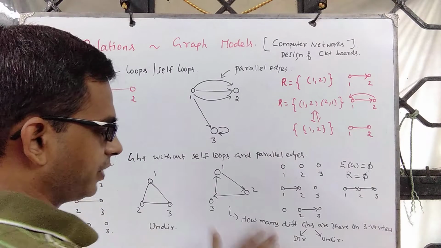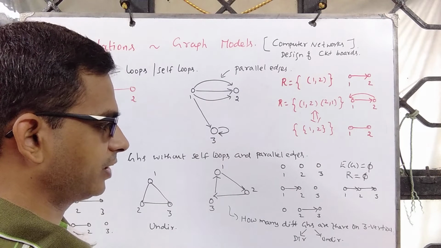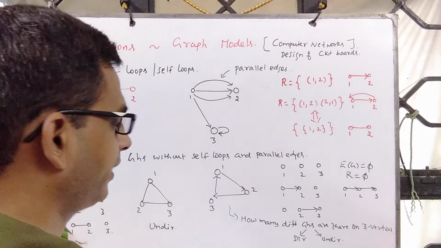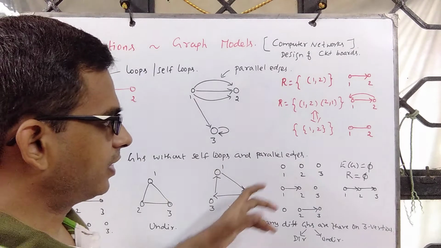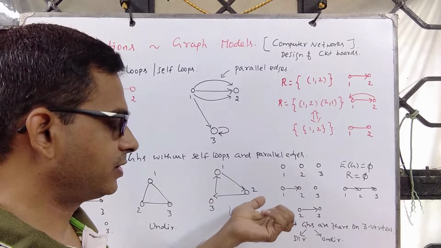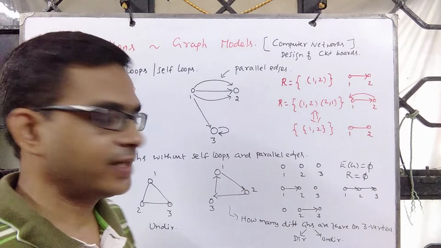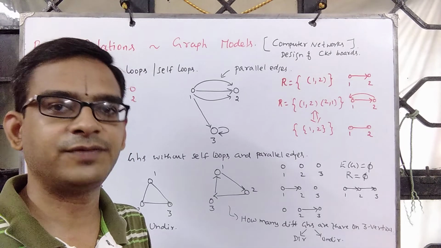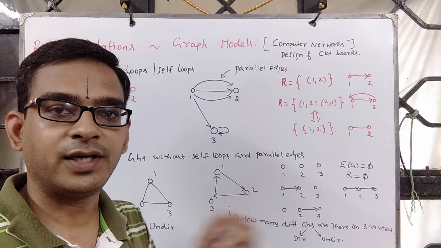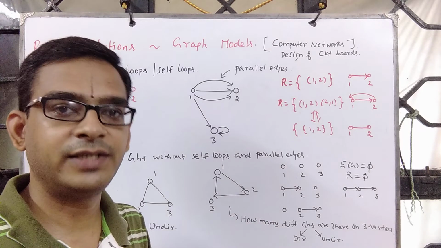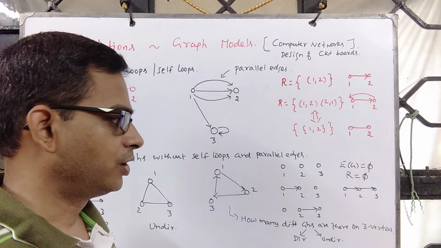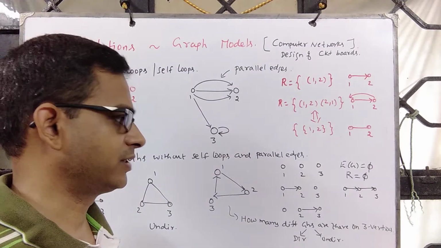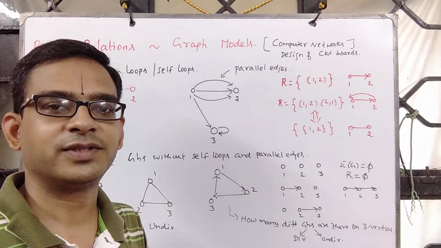Now let's count how many different directed graphs or undirected graphs are there on 3 vertices. Please note that graphs are basically binary relations, and we have already counted relations satisfying specific properties, like how many different binary reflexive relations are there, and how many binary relations are there which are reflexive and symmetric, and things like that. So can that be related to this counting question? That's our next focus.